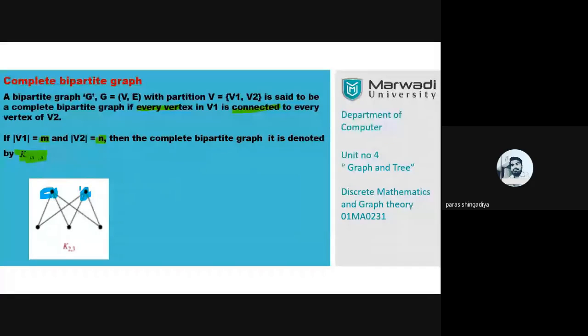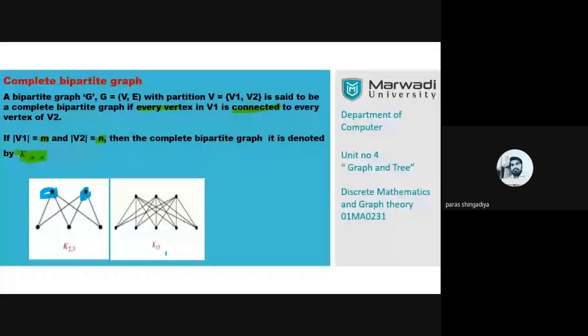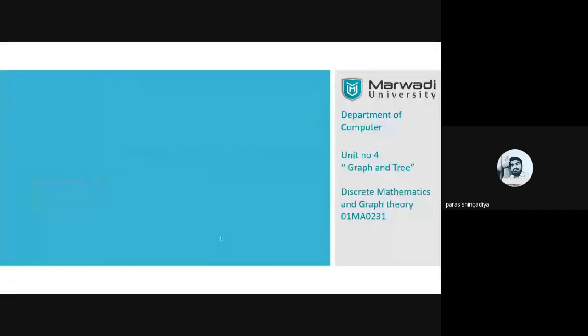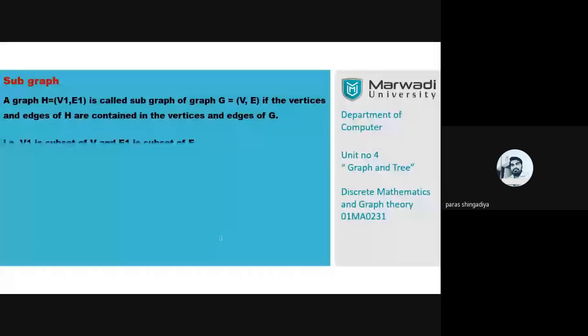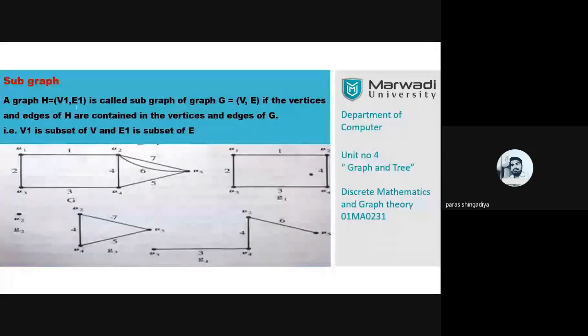So that is the shape of K2,3, that is a K3,5, it is a K2,6, and then after that we also discussed subgraph in the last lab. There is one graph G equal to (V, E), and we have to consider one subset of that, as H. This V1 is a subset of V and E1 is a subset of E. So it means we have to take one partition of the graph. That is the main graph here, G, which includes 5 vertices, and we have to take its subgraph, one small partition.